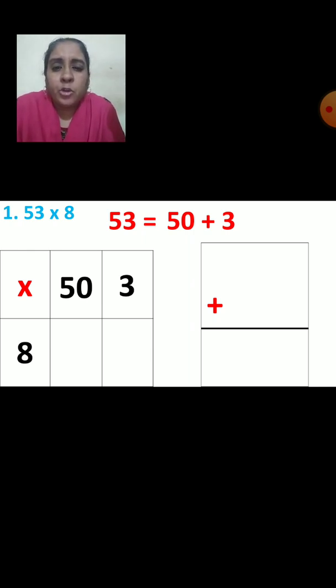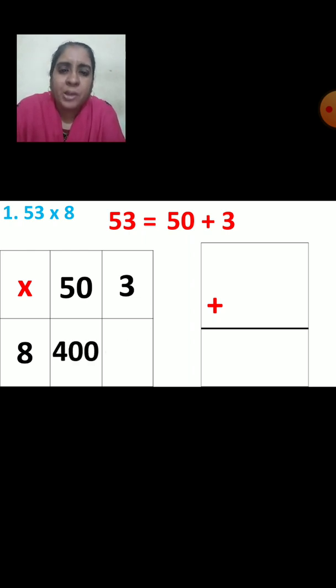Now how are you going to show the multiplication? See, 5 8s are. First you can use the simple method. You cannot take 50 together, but if you know, you can do it orally. Or you can take one number. 5 8s are 40 and the other 0 will come down. So what will you get? 50 multiplied by 8, you will get 400. That is, 5 8s are 40 and down you can bring the 0. So 400. Now you can multiply 3 8s are. Say the table of 3.